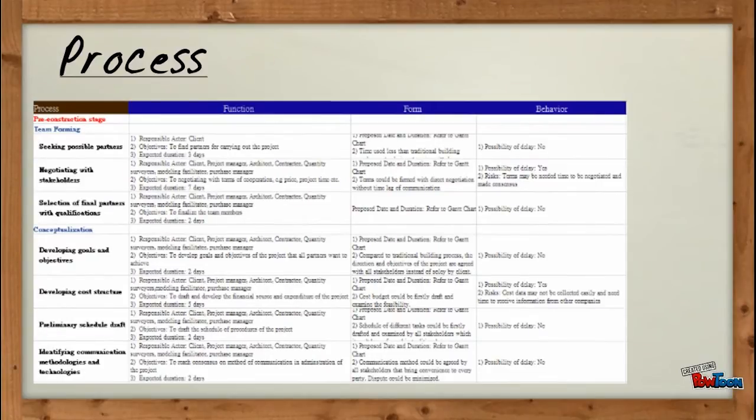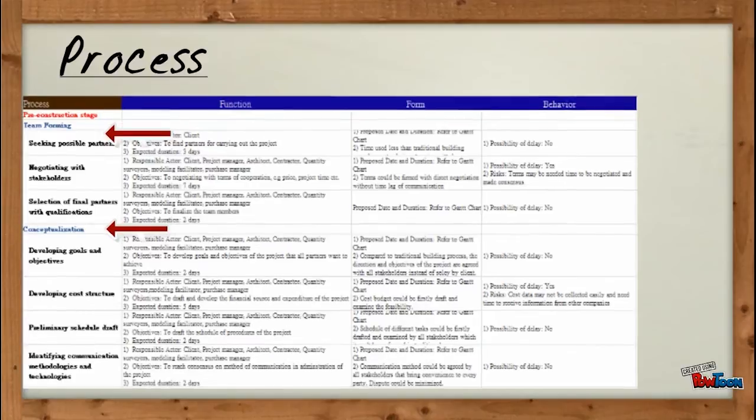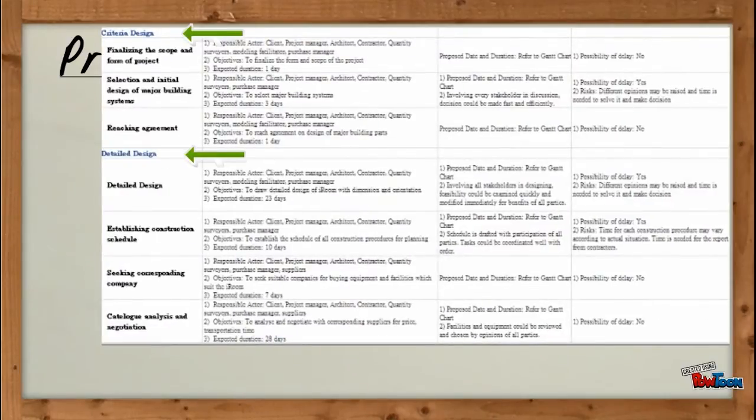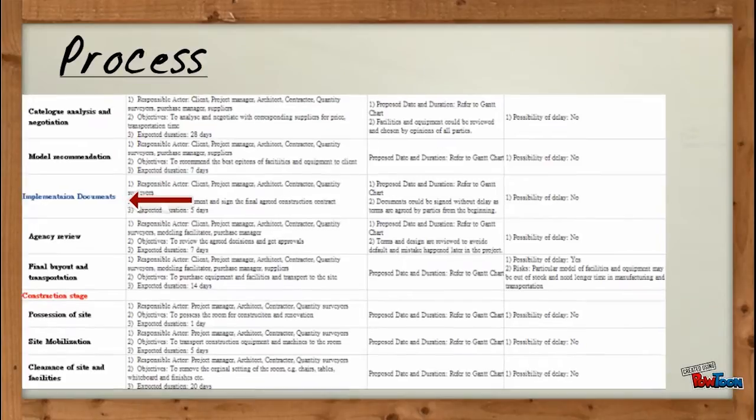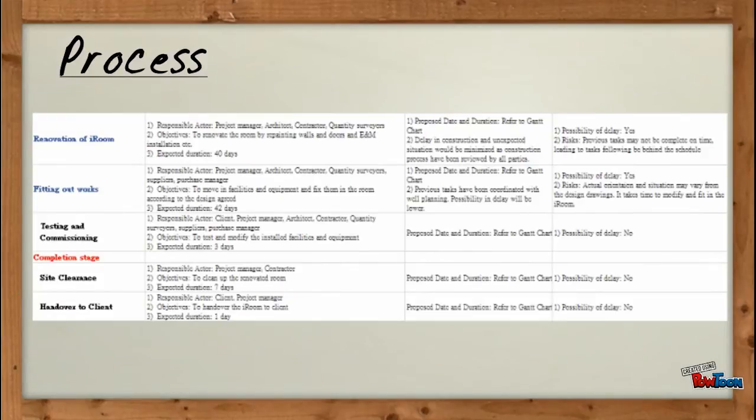At first, the pre-construction stage involves team forming, conceptualization, criteria design and detailed design, and implementation documents. Followed by the construction stage, it includes site preparation works, renovation, and fitting out works. After the practical completion of the construction works, it goes to the completion stage, clear the site, and hand over